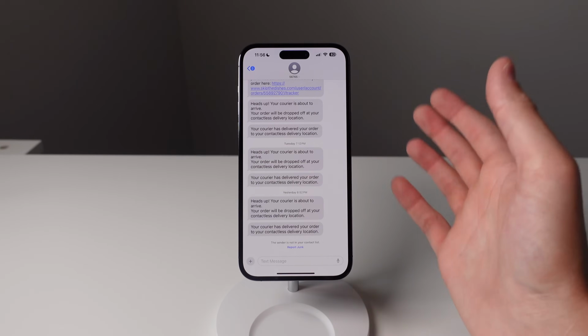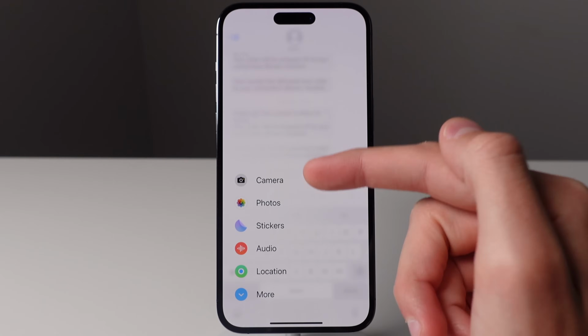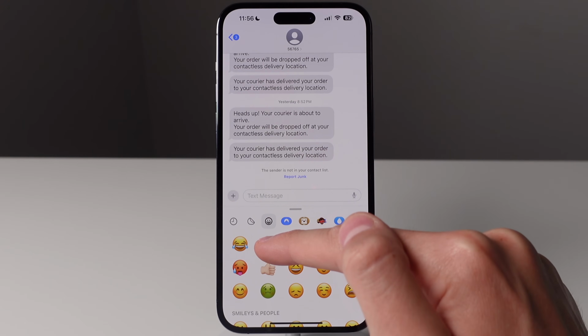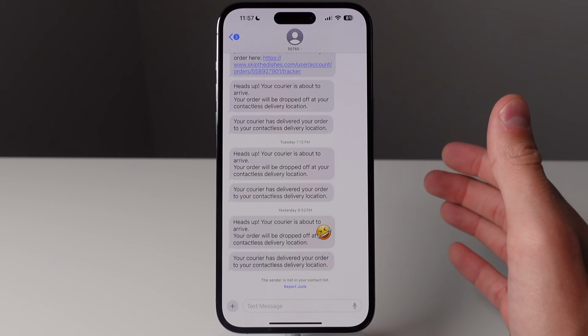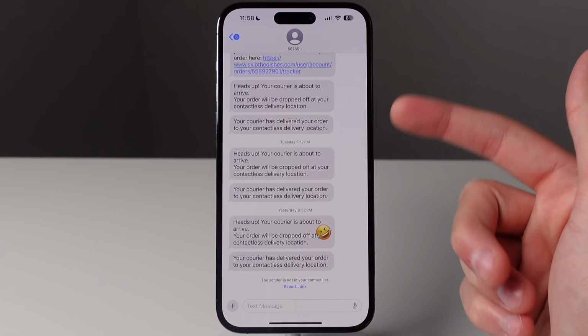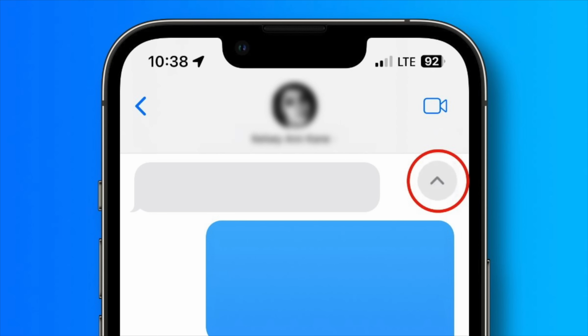And you also now get stickers inside of iMessage as well. If I click on the redesigned apps icon, you can see I now have stickers, and I can drag a sticker right on top of a message just like this. And iOS 17 also gives you a new feature inside of messages called Catch Up. So if you are in a thread and you have missed a lot of messages, there's going to be a button at the top that lets you click it to scroll up to all of the messages that you haven't